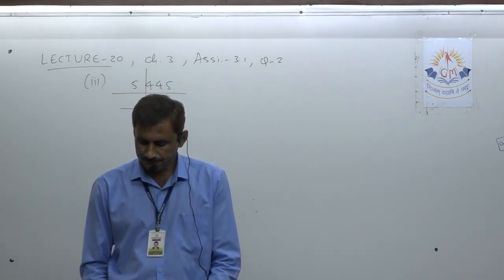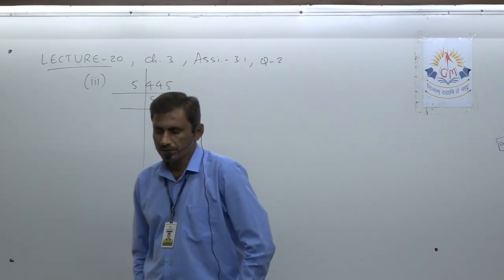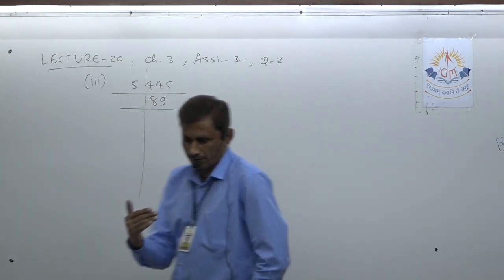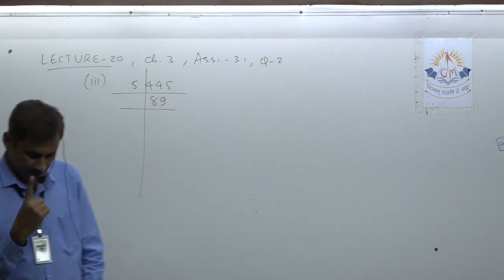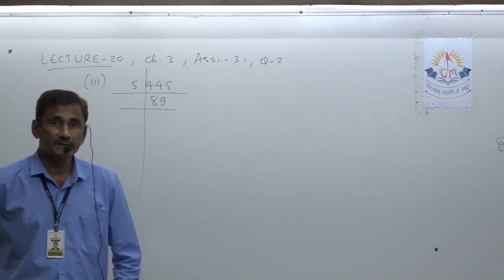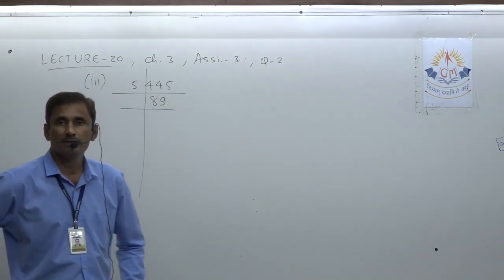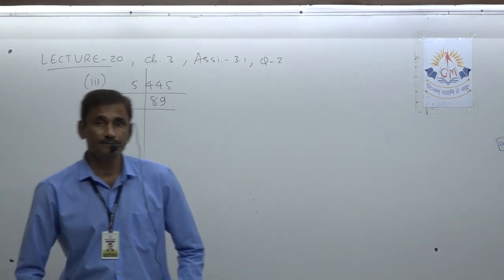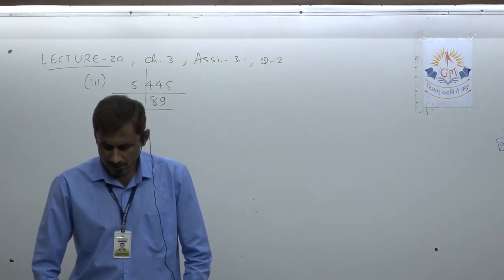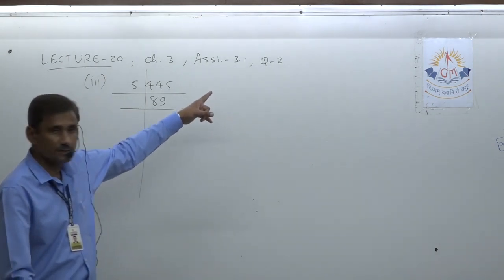Now let's see question number 2, sub question number 3, because we already solved the first sum and I gave you the second, fifth and sixth sum of main question number 2 in homework. I hope you successfully solved them and got the answers also. Now let's solve the remaining questions 3 and 4 of main question number 2 here.